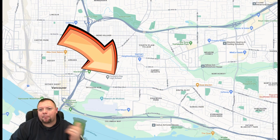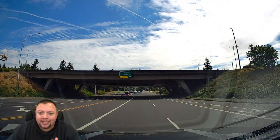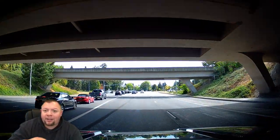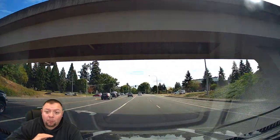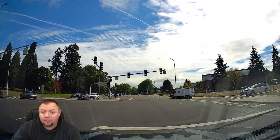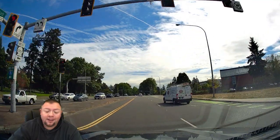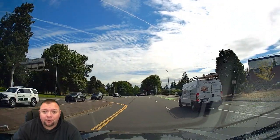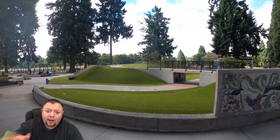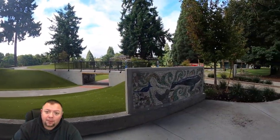All right, now we're going to jump back over. We're going to head over to the east side. Again, we're on Mill Plain. This is kind of the dividing road. Mill Plain will run all the way west over to the Columbia River, Frenchman's Bar Park, and it will go all the way east over to Camas. It's a little bit of a drive doing that, but right here off of Mill Plain, you got Marshall